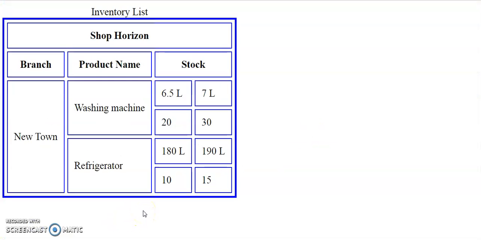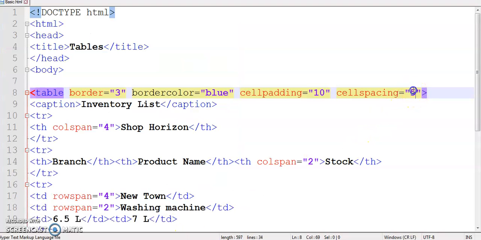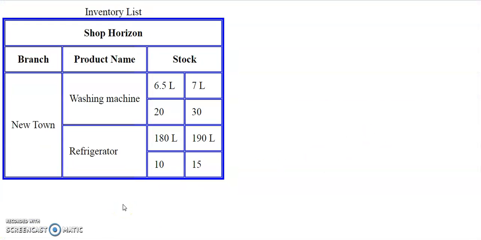So F5, and you can see the space between the adjacent cells increased. Like the border, don't take it too far, otherwise your table will not look good. Now if you want to reduce this extra space, you can make it 1, save it, and now you can see the spacing between the adjacent cells decreased.